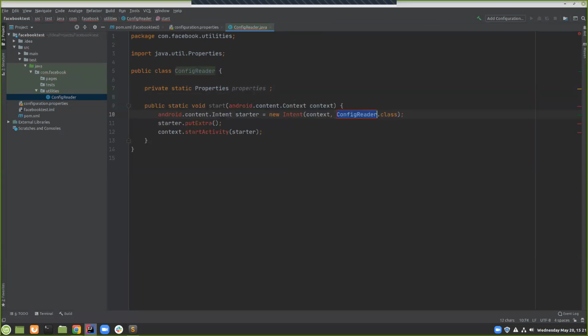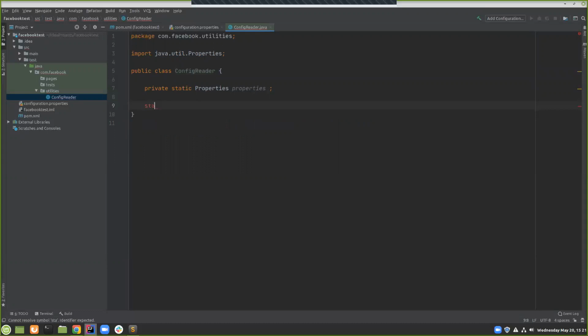And we will use a static block here. And we are creating a path variable equal to